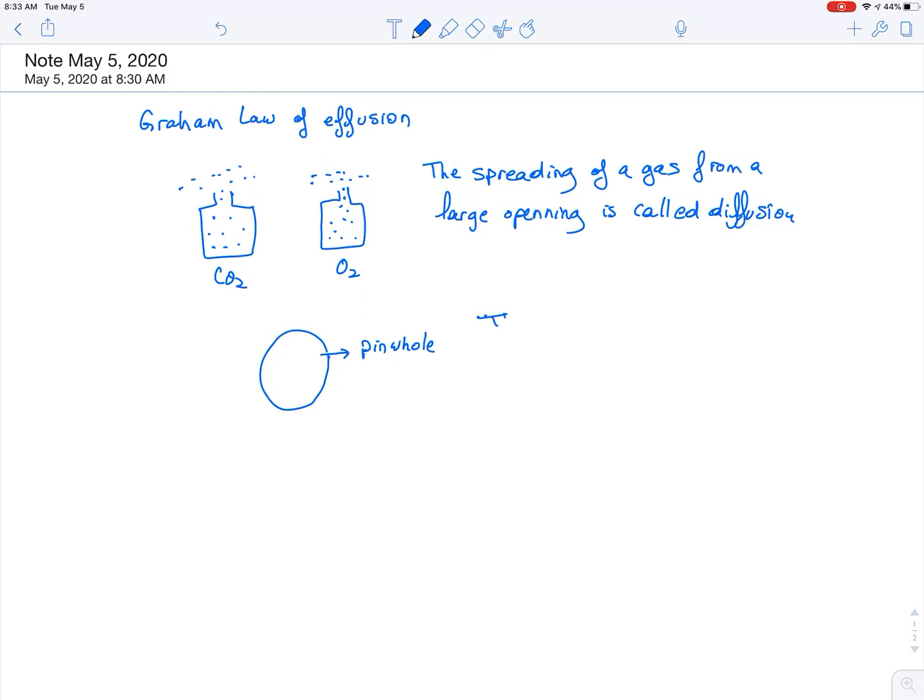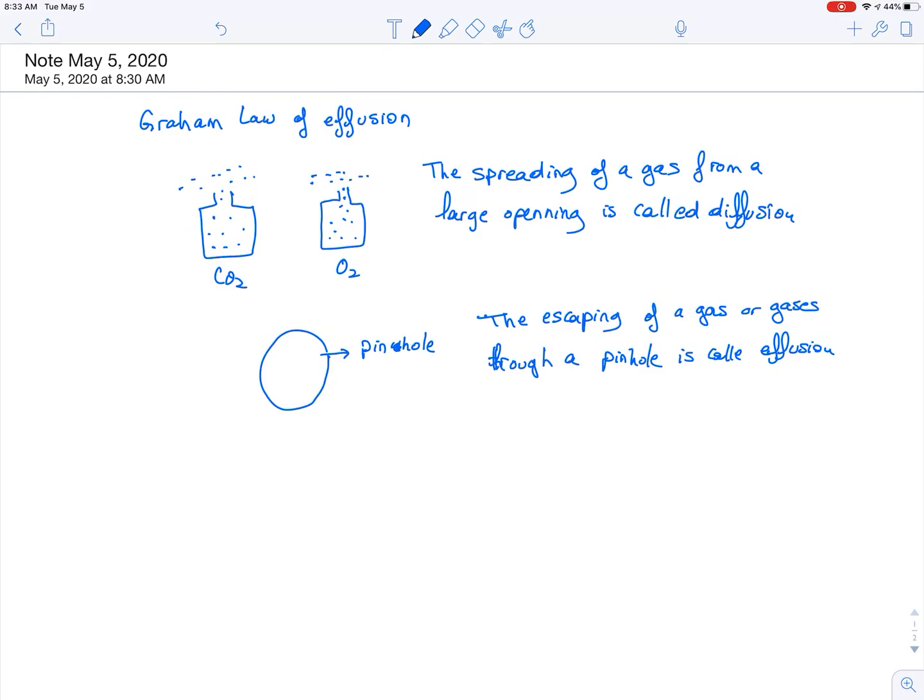So the escaping of a gas or gases through a pinhole is called effusion. Okay? So an example of this would be